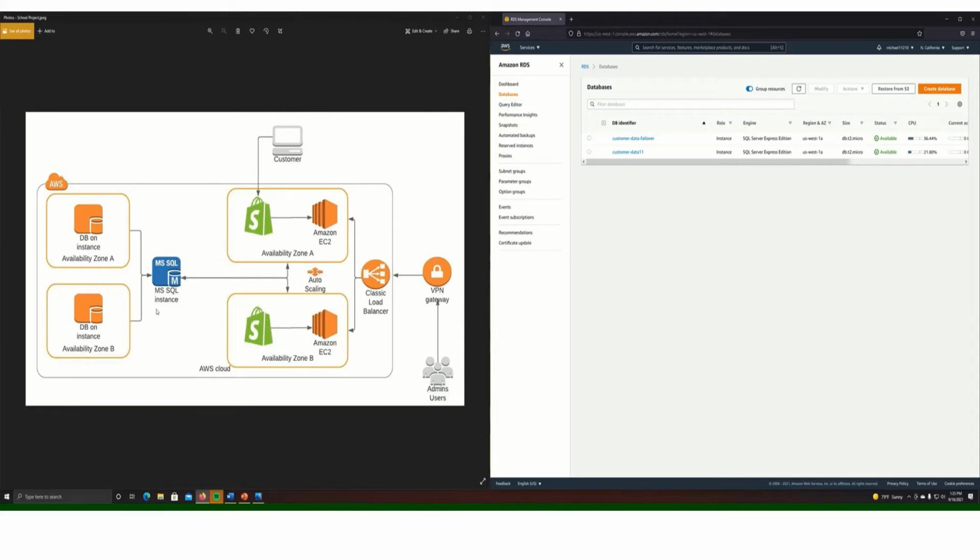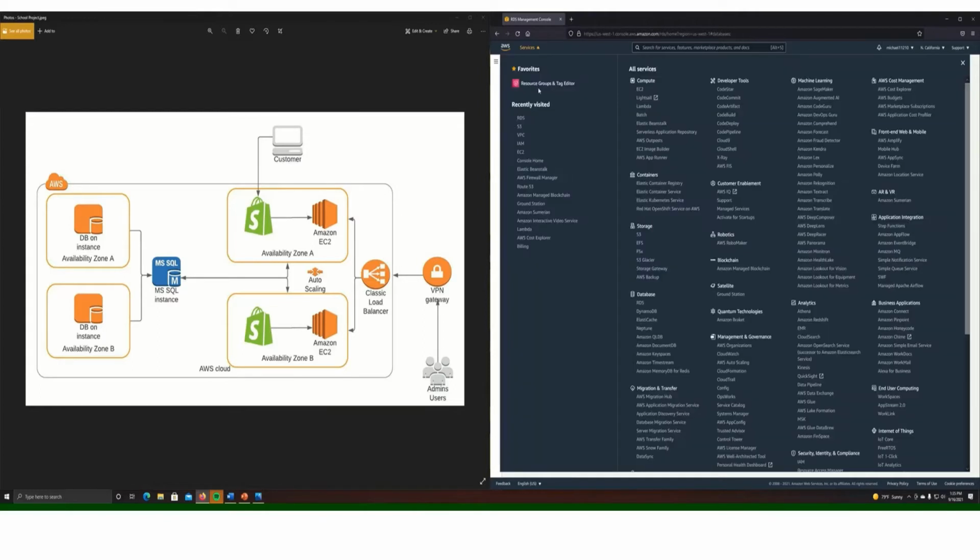So let's say, for instance, we suffered from a DDoS attack or something to that standard, where we're having a lot of traffic that's starting to back things up. Well, having availability zone A and availability zone B allows us to mitigate some of that and allows us to redirect that traffic as well as put a stop prevention in place. So moving on, let's take a look at our...